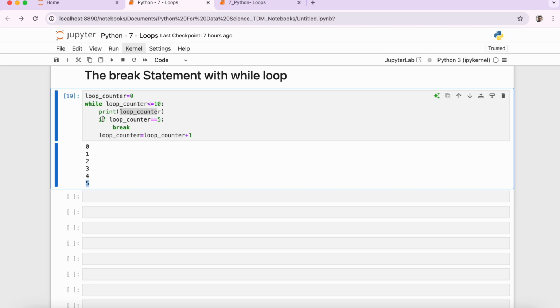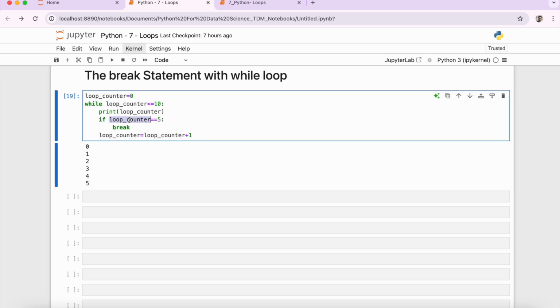then we have this if condition. It checks that the loop counter value 5 is equal to this 5 value. Then the control comes to this break statement. The moment Python finds that you have given the break statement over here, it basically comes out of the loop, which is this while loop, and executes the next statement in the program. As we do not have any other next statement in this program, it basically ends the program.